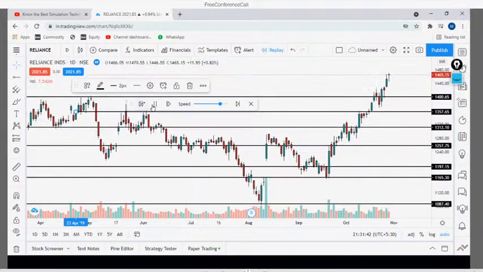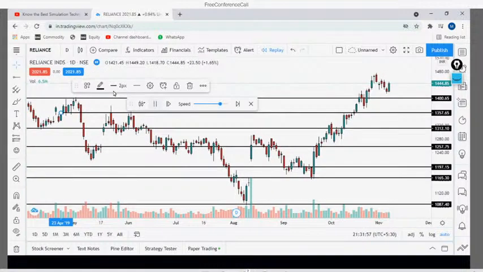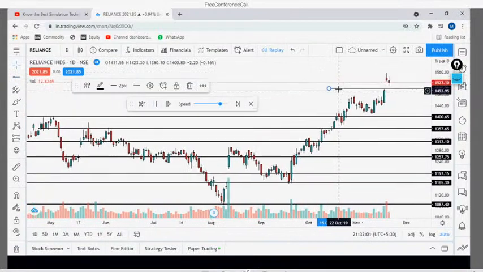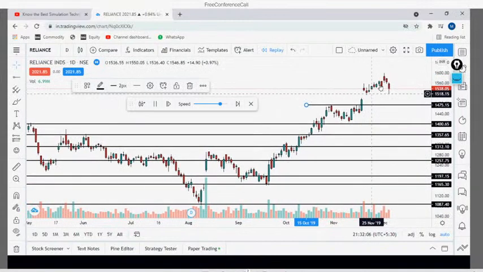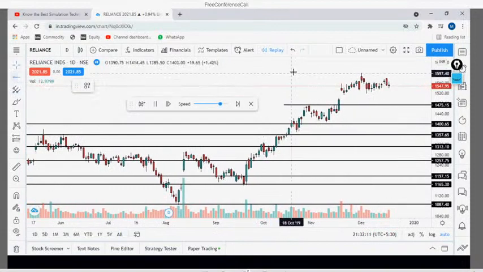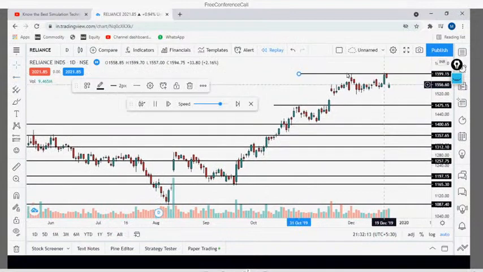See, this was your last 52-week high. It gave a small retracement on the downside and finally gave a breakout. Okay, now it has formed a new high. Since this has formed a new high, this will become one of the resistance areas. Okay, it has given a breakout. Again, it has made a new high. See, this is one more resistance area again. See how it is reacting.